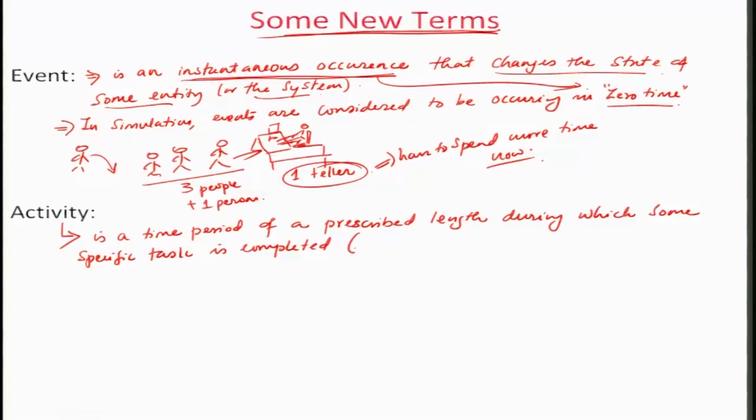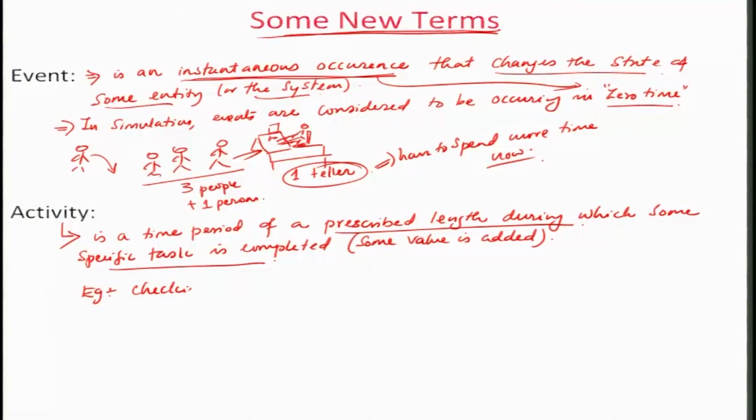Some people say this as some value is added. It doesn't have to be a value addition, but some specific task is completed within a prescribed length of time period. So, some examples of this will be